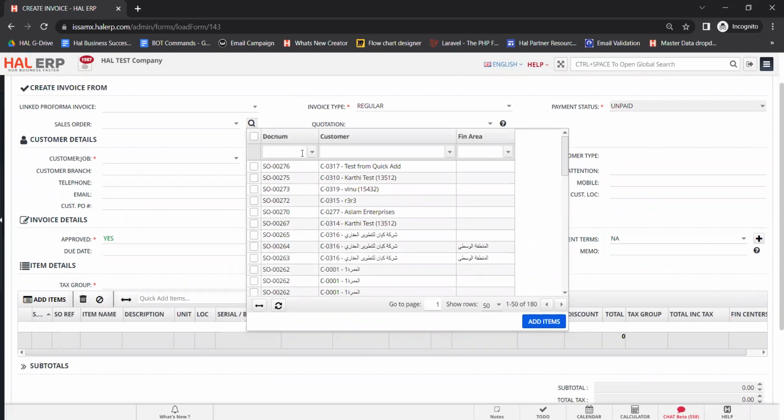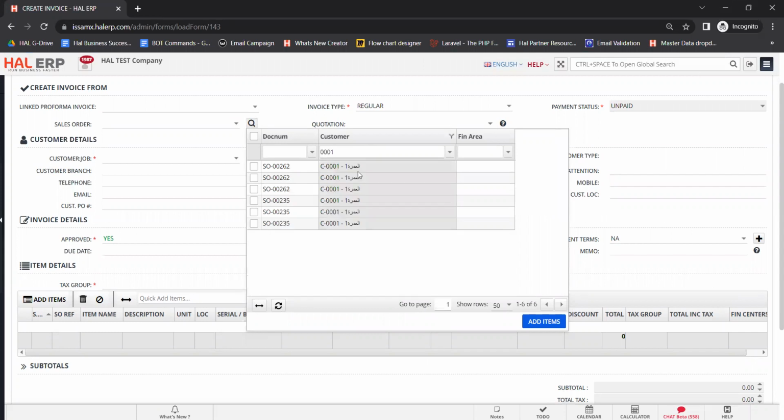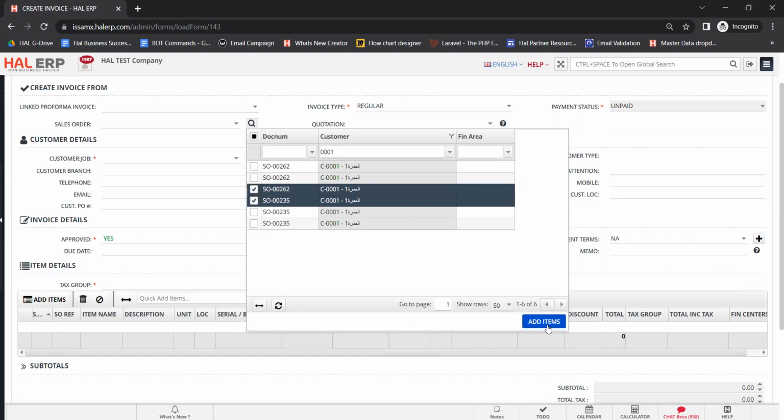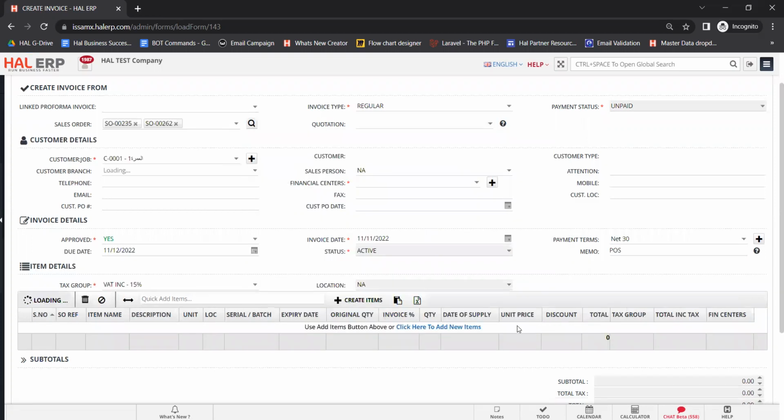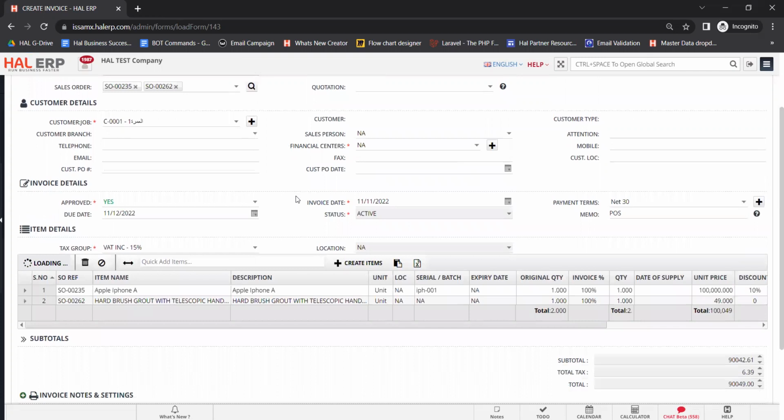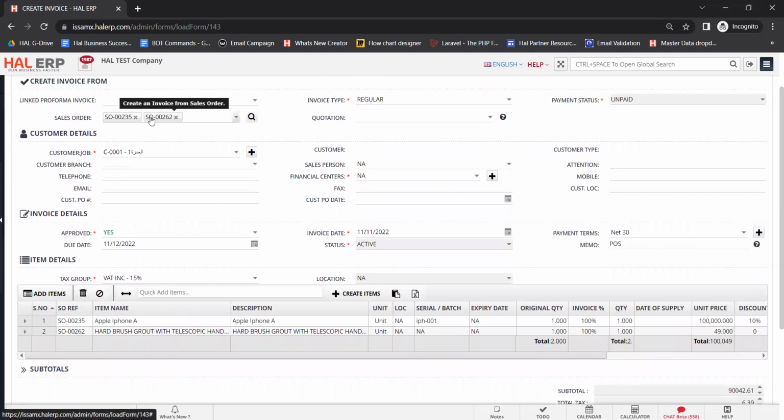You can filter by document number or you can filter by the customer name. Let's say I'm going to filter by customer code 001. I have here 3 to 4 sales orders. I'm going to select right now only 2 sales orders. Click on add items. So once you add the respective sales orders, it can be more than 1 or 2,